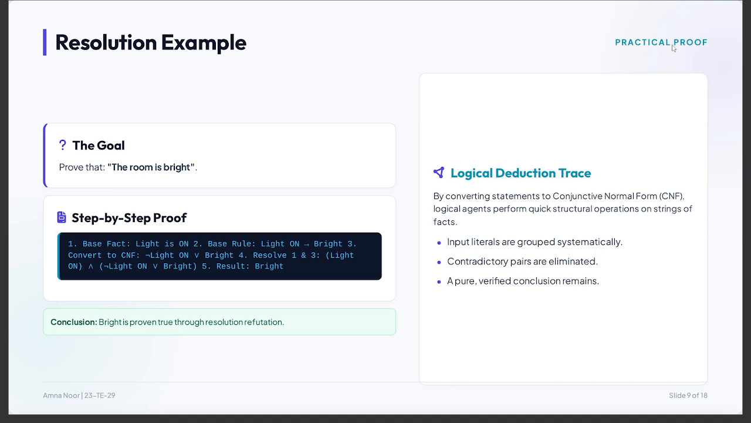Resolution example. In this example, if we know that the light being on makes the room bright and the light is on, we can conclude that the room is bright. This shows how logical reasoning helps AI derive new knowledge from existing facts. Then in the side image you can see